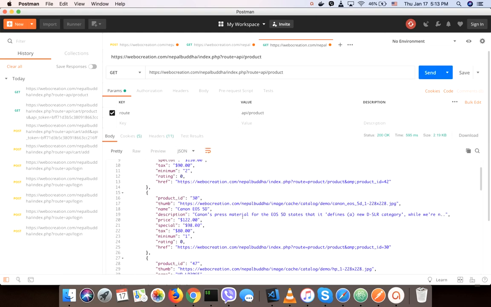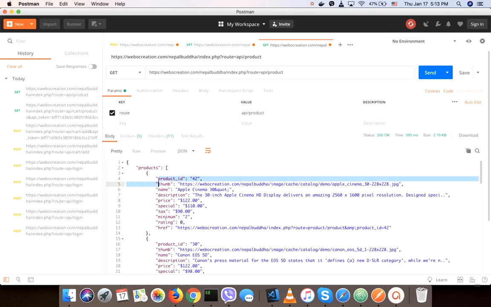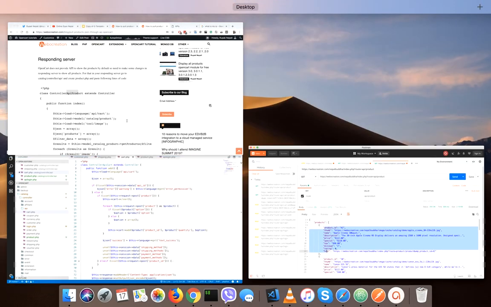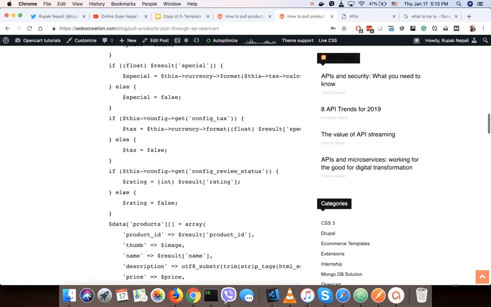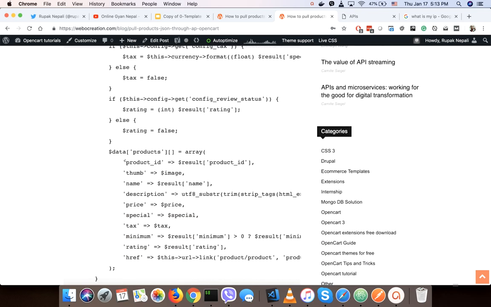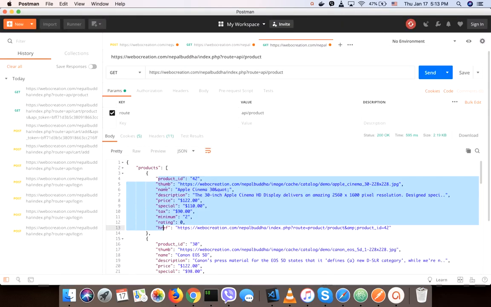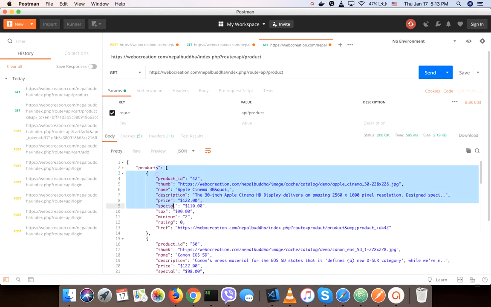So I pull only these. The responding server sends only this data because I have set up the code like this to send only this data. If you want any other extra data, then you have to modify here. Now you will get all of the products in JSON format, so you can use that from